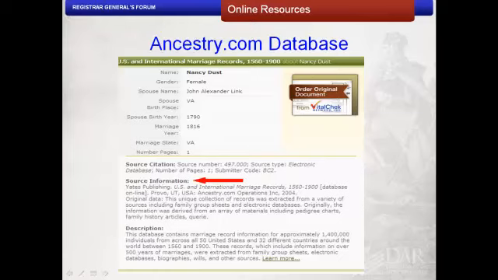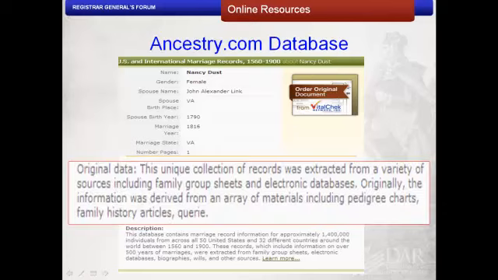Source information for this database must be consulted in order to evaluate it for DAR acceptability. According to Ancestry.com, this database is a collection of records extracted from a variety of sources, including family group sheets, pedigree charts, family history articles, and queries.